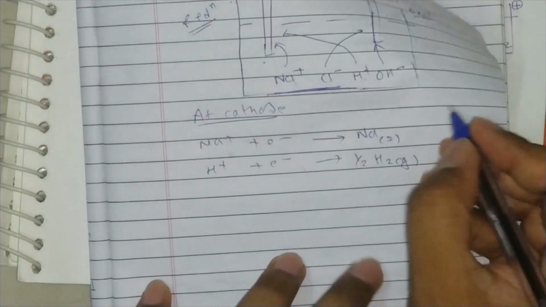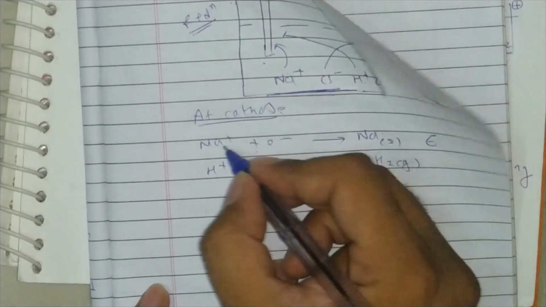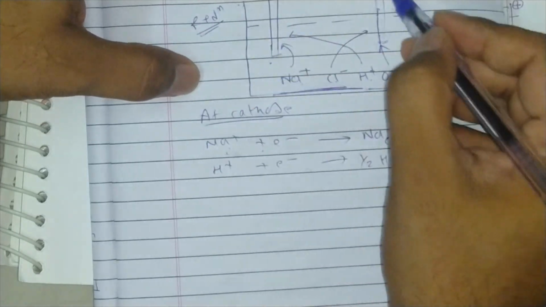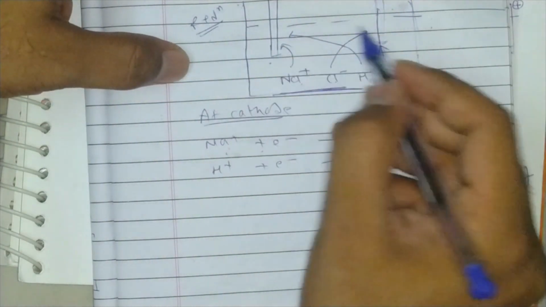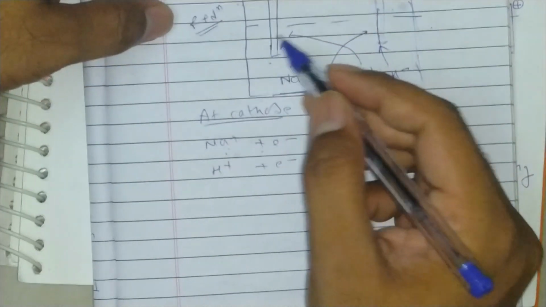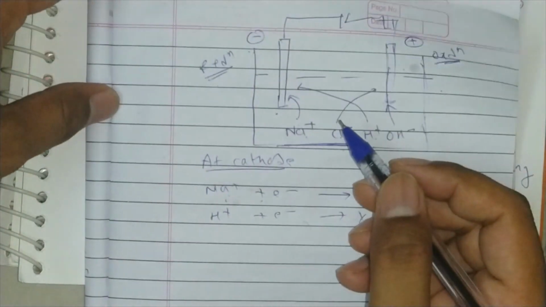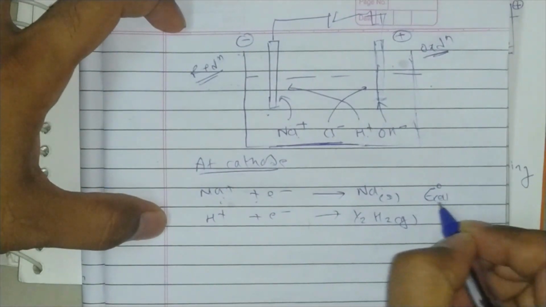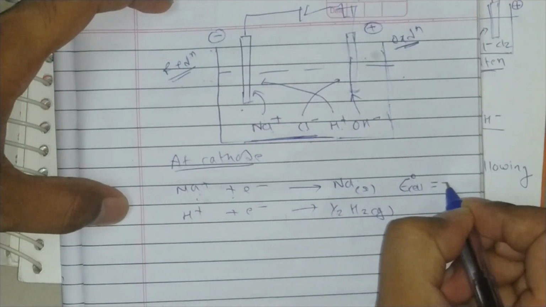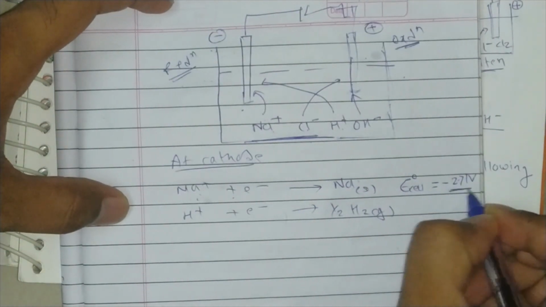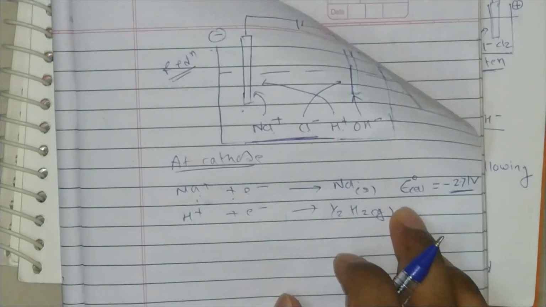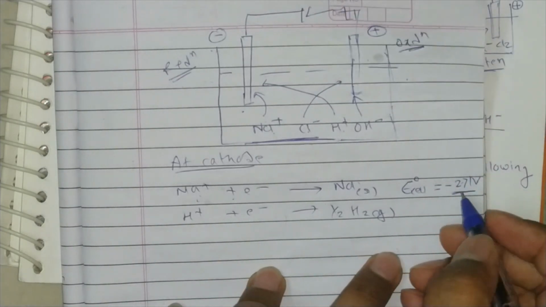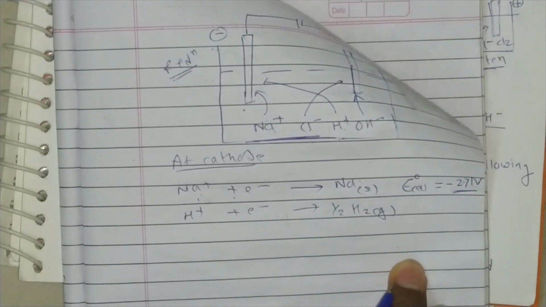Now what we have to look at is the cell potential, that is, the half cell reaction. This is the half cell reaction at this particular electrode, the other half cell reaction will be at the other electrode, and when these two half cells are combined, there will be a cell potential of the entire cell. Now this half cell reaction has a certain potential, called E naught of the cell, for this half cell equal to minus 2.71 volt. So for reduction of sodium, the potential generated is minus 2.71 volt.